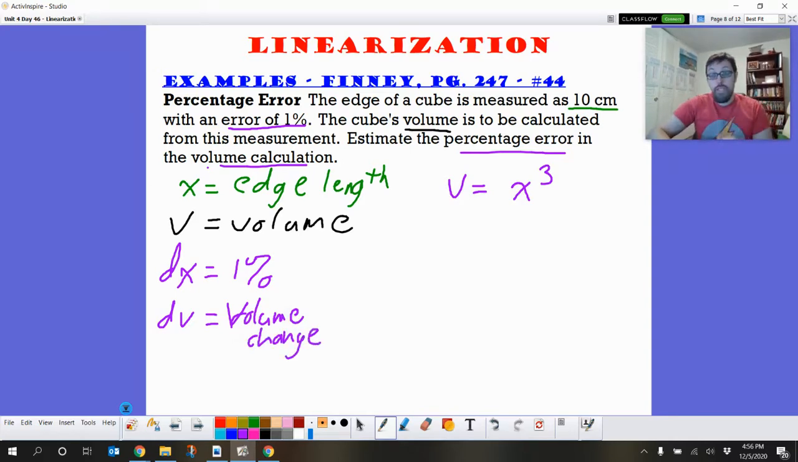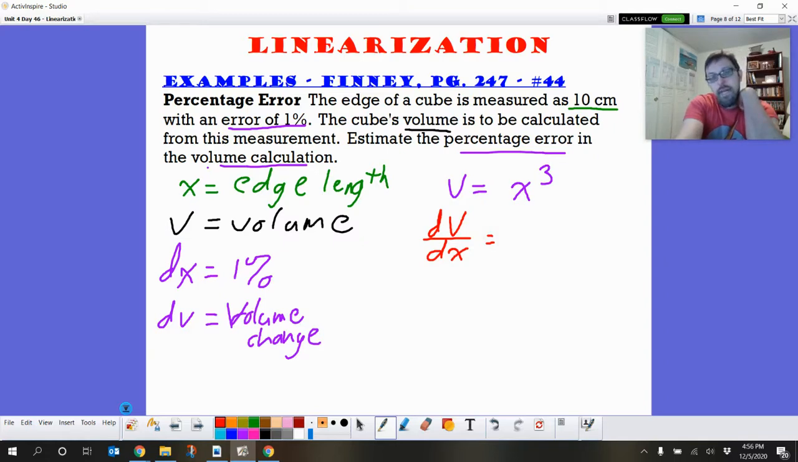So we've got a change in our x value, our edge length, and we want to see how that relates to the change in our volume. So we're going to take the derivative of this to figure out what's going on. Actually, I'm going to do it the more classical way: dV over dx